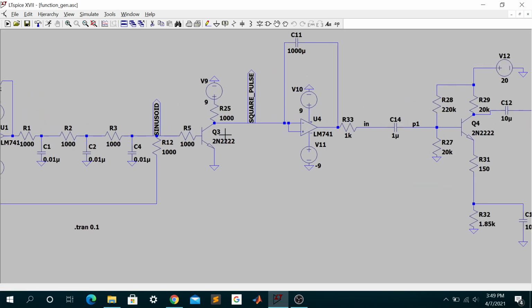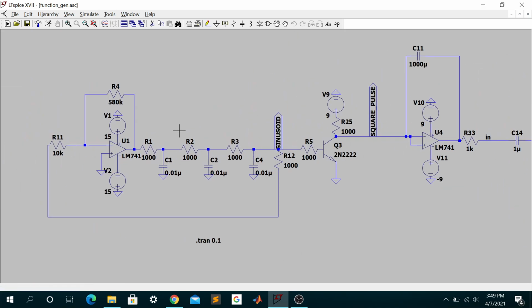The first part is the sinusoid generator. As you can see, it has three LC oscillators in series, which is then fed through a feedback loop to an inverting amplifier. So each LC oscillator produces a phase shift which is equal to the inverse tangent of the ratio of the capacitive reactance and this resistance. So this works out to be roughly pi by 3 radians or 60 degrees. So three of these in series provides a 180-degree phase shift.